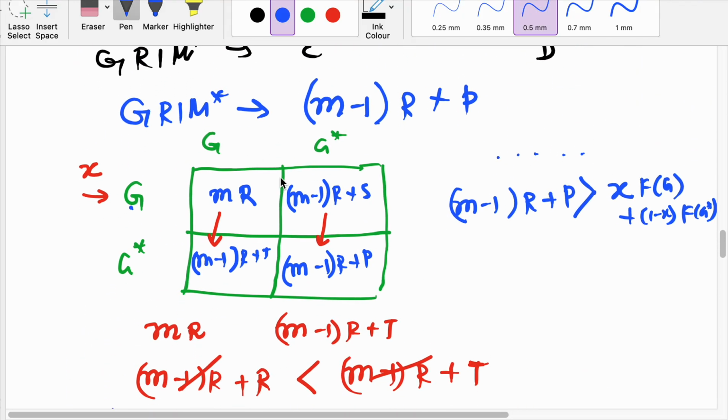So here, what is my goal? Say if I am the player G, then in that competition was the goal to get the maximum value of MR plus M minus 1 R plus T, S, or merely MR? Oh, okay. No, my goal will be that I will choose such a strategy that